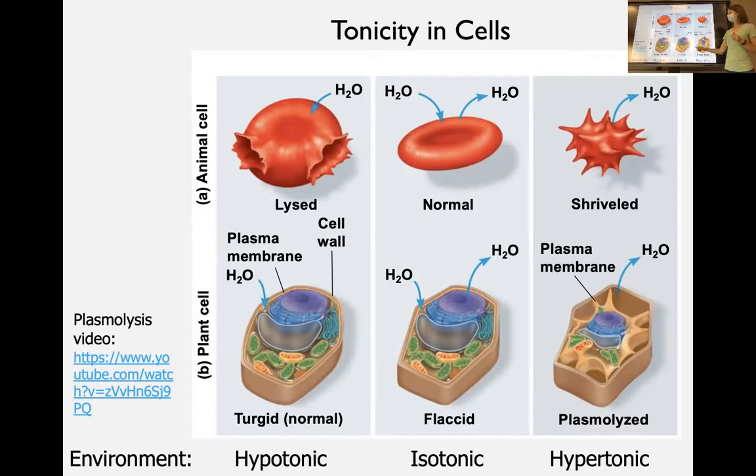Plant cells are a little bit weird, so I wanted to take a little bit of time to talk about them really quick. So down here I have the environment. I mean the environment around the cell. So what kind of solution is the cell sitting in? Hypotonic is what plants actually prefer, rather than an isotonic solution. So they actually want